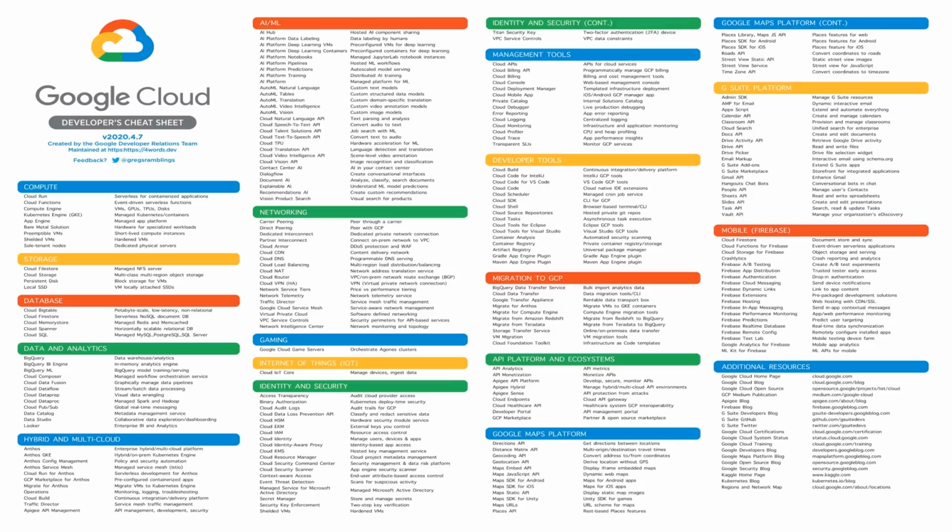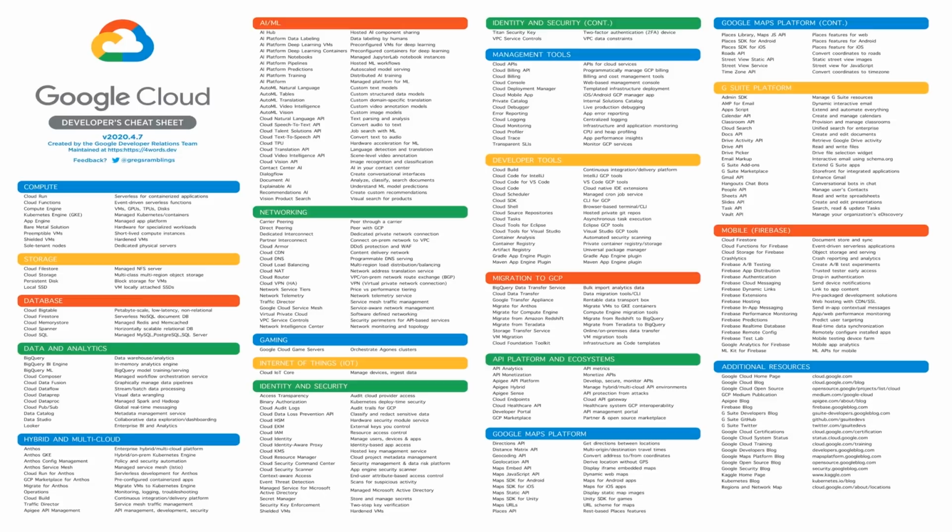This document is shared by Google as and when any new service is added or the document gets updated. It tells you about all major services provided by Google and the sub-services under each header. We can see the major services are compute, storage, networking, database, gaming, migration to GCP, mobile, and each major service has some sub-services.